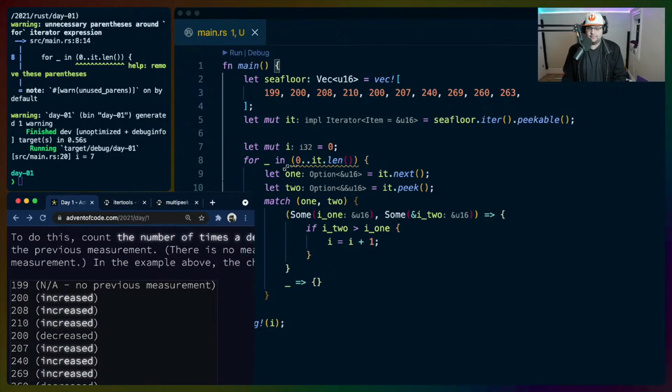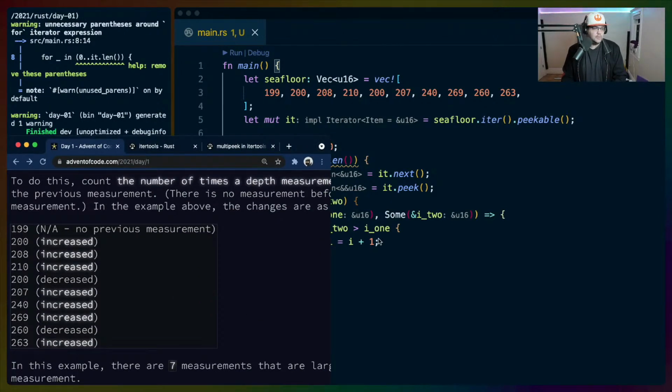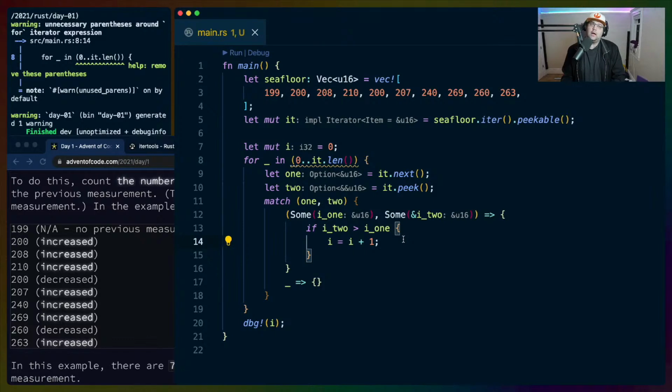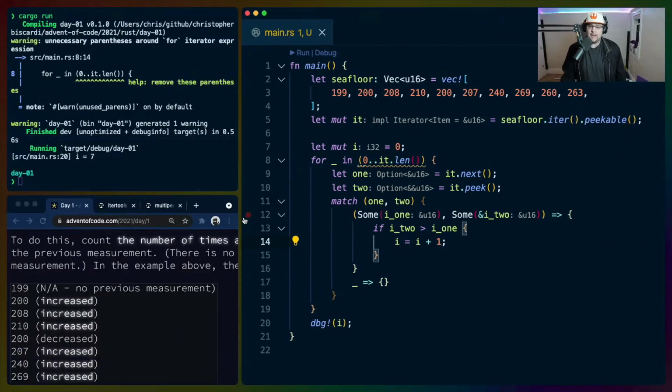So that says 7. That should be fine. Do you ever use the ref keyword? I have not needed the ref keyword in a very long time. I'm not going to say never use it. I'm just going to say that for my use cases, when I write Rust, I usually don't need it.